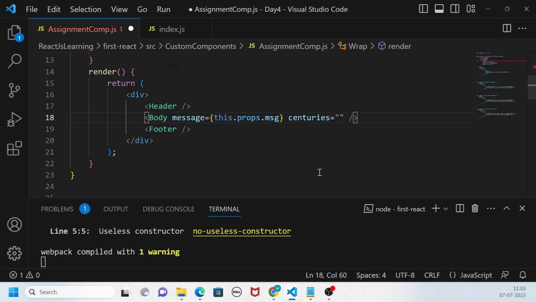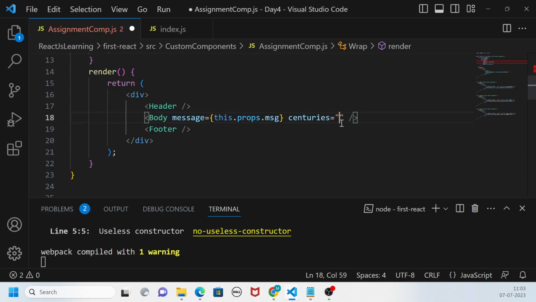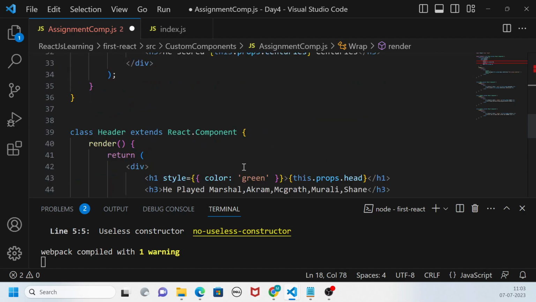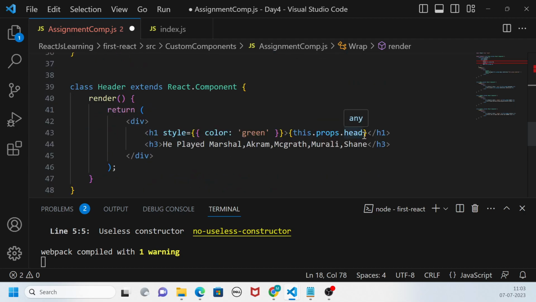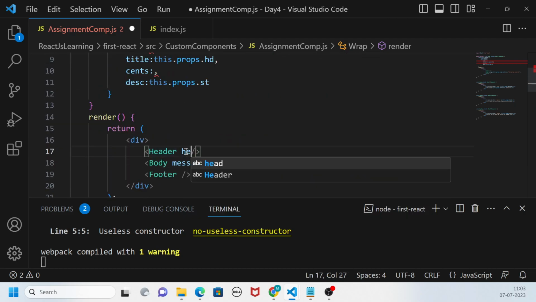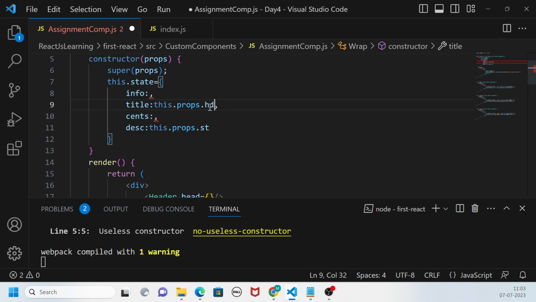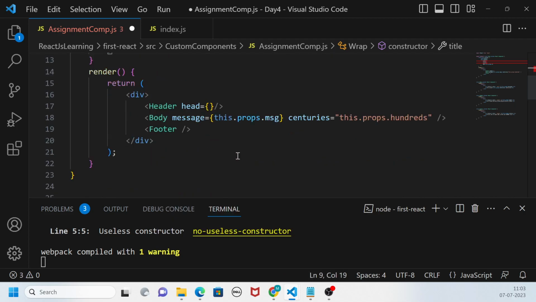Centuries is equal to, so this is, हाँ जी. और हेडर क्या मांग रहा है आपसे? हेड मांग रहा है. तो हमको हेड देना है यहाँ पे. Head is equal to, डायरेक्ट डाल दिया इसको,